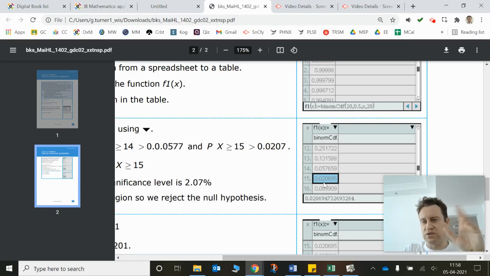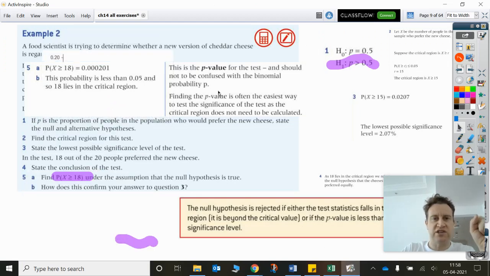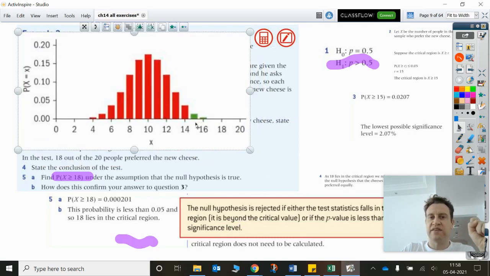To be honest, I would do that by trial and error. I think this is more difficult to do on the calculator than just a little bit of trial and error on Scratchpad. So again, to go back to it, I think the better idea is to start off by sketching out roughly your distribution and thinking about where do I have 5% or less, and then just doing a few samples. You'll get there really quickly to find where the first value is 5% or less. Okay,